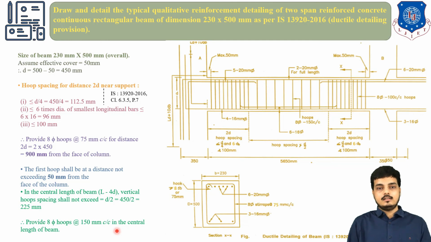So this is nothing but a simple kind of example. So whenever it asks for detailing of the beam as per the criteria, we have to focus on these stirrups for the ductile detailing, while this longitudinal bar you have studied during the design of structures subject. So in actual practice you have to apply all your knowledge of design of structures as well as this ductile detailing part, and then by combining that knowledge you have to provide the detailing of the structures. So that was all for the beam.